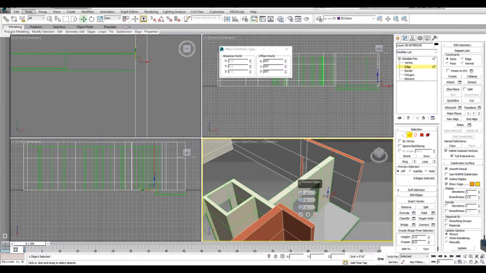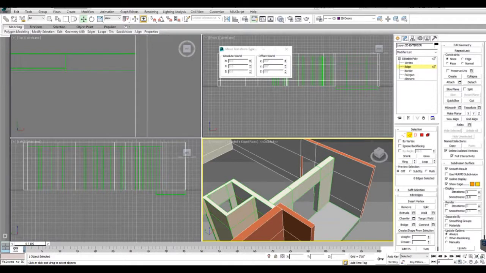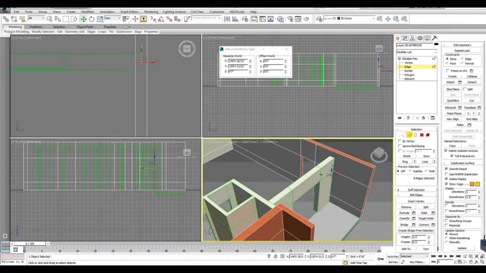Wait a minute. Okay, yeah, we have too many selected. That's it. Go to vertices. Oh, no. Sub-object. We'll select all of our edges, do one connection. Okay, and now it just made new edges. So now we'll go to our top view, and we should be able to move those selected edges right here. We can update our view. So now